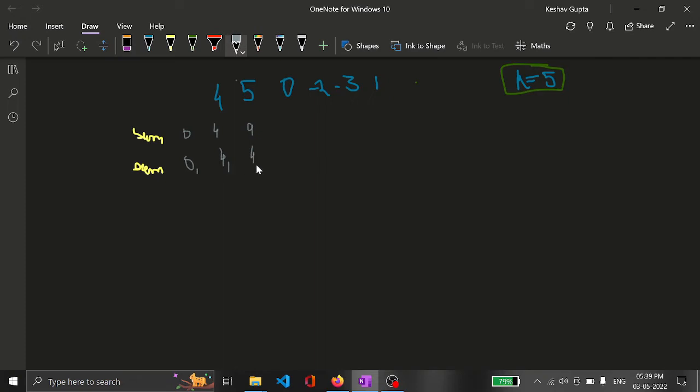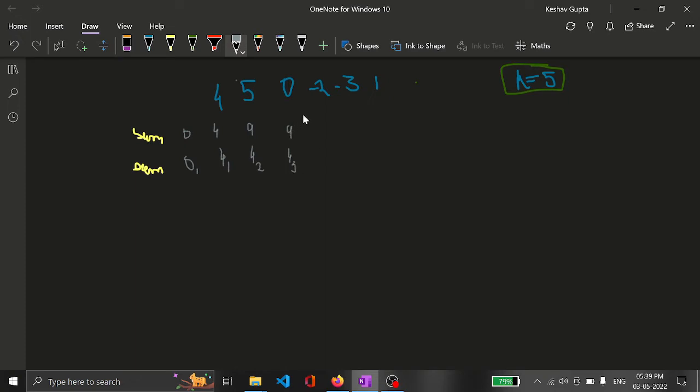So now the frequency gets incremented, which is 2. 9 plus 0 is 9, and 9 mod 5 is 4. So 4 again appears, and its frequency gets incremented, which is 2 plus 1, which is 3.